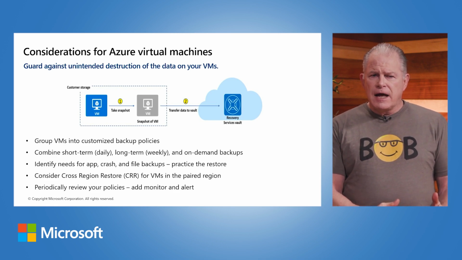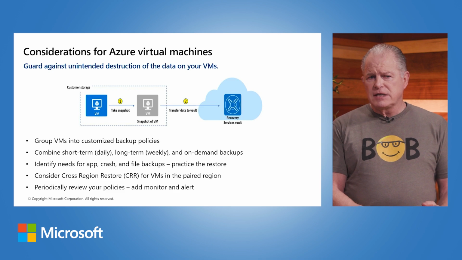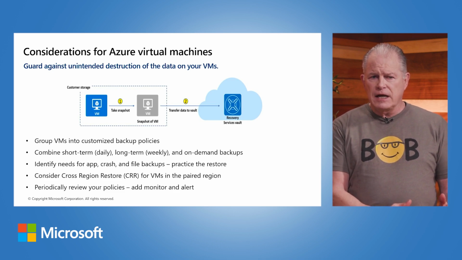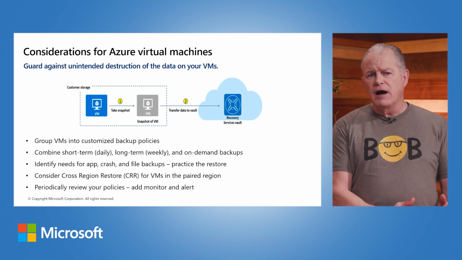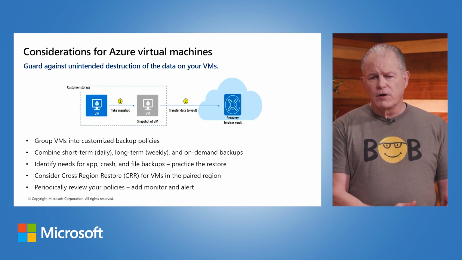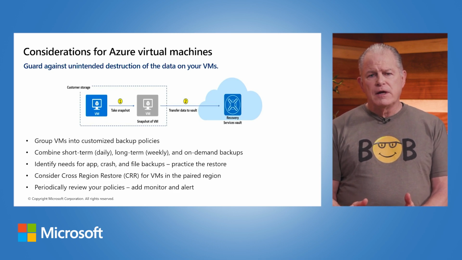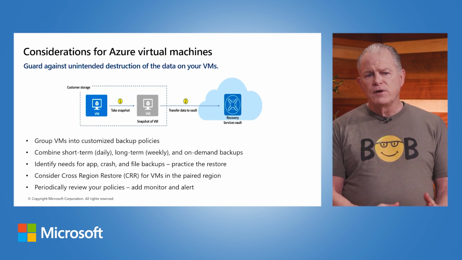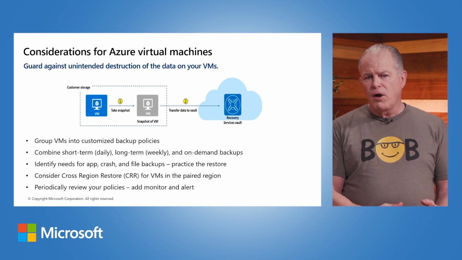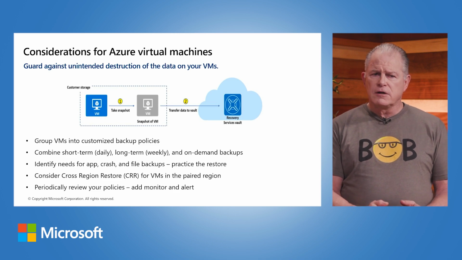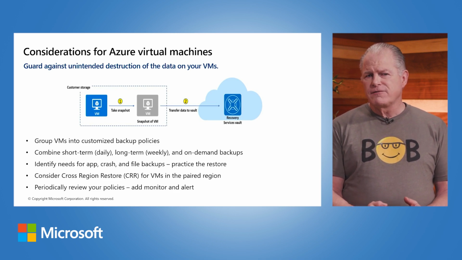You're working with the volume shadow copy and snapshot capabilities at the running state of a virtual machine at any given time. It takes a snapshot of that virtual machine using the volume shadow copy services. That snapshot is then available to use as a backup to the Recovery Services vault as part of a backup process. So you want to group your VMs into customized backup policies depending on the states you want to work with. You want to consider, do I need to back up the data that's on the files or on the VM, or do I need to back up the VM itself?